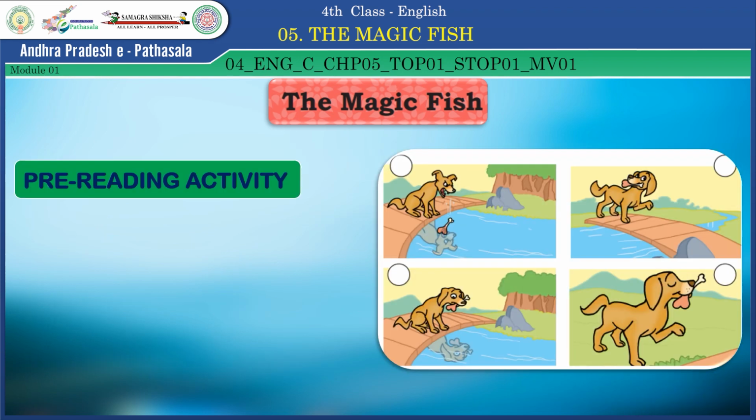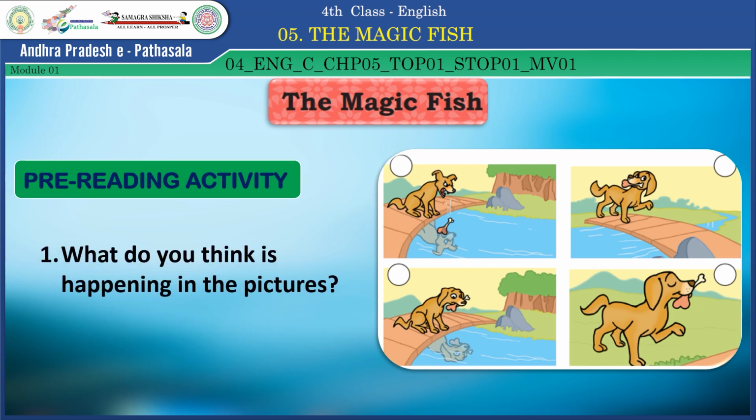Children, observe the pictures carefully and answer these questions. What do you think is happening in the pictures? Yes, very good children. You are right. A dog found a bone and was walking near a river. The dog noticed another dog in the water with a piece of meat. The dog had no idea that the image was of himself. The dog opened his mouth to catch the other food as well. At the same time, his food also slipped into the water. The dog lost his food and he was very sad as a result of his greed.